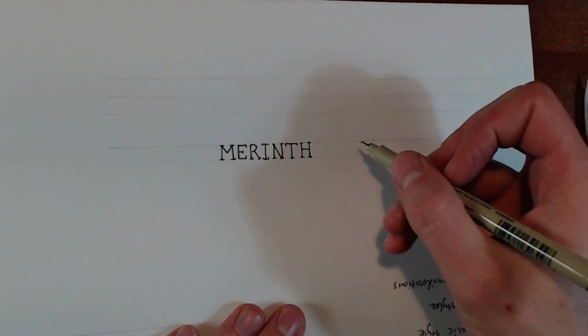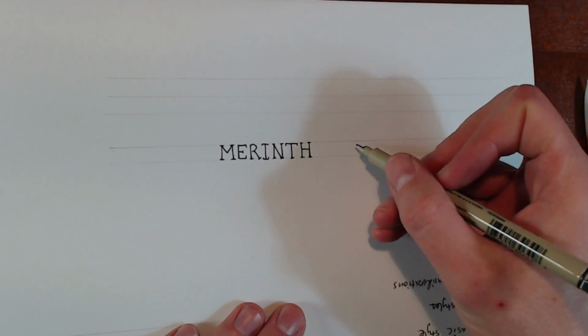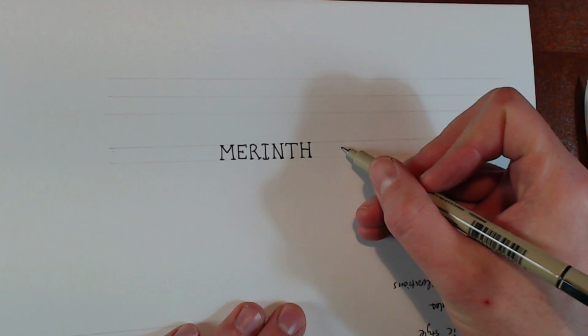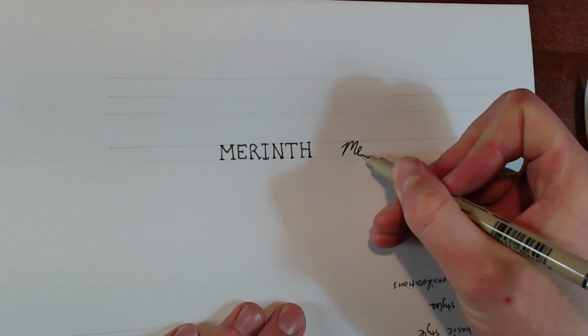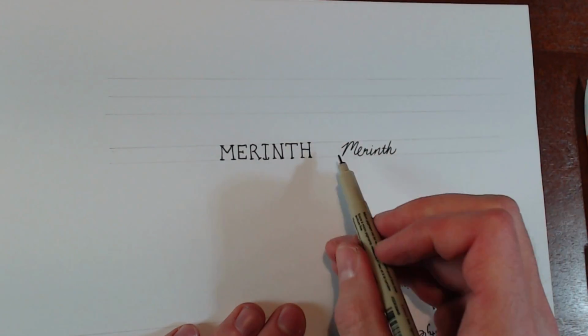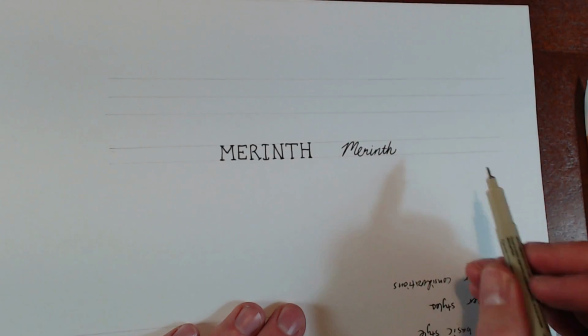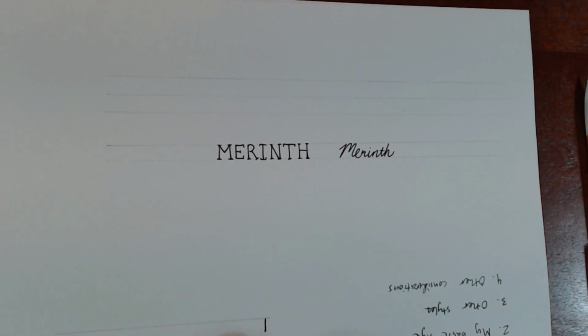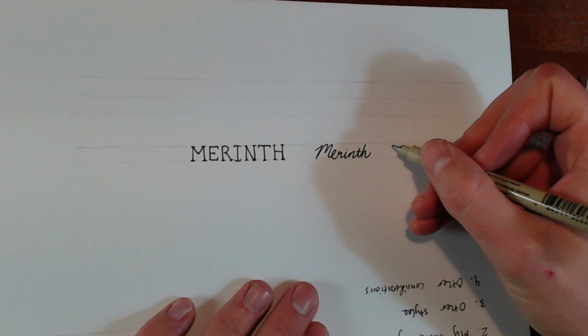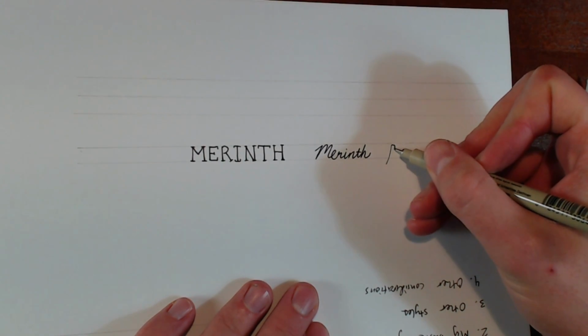I've thought about trying to do a map where I do all cursive, which could look good potentially. I'm not very good at cursive, but I'll try here. In that case, it probably would help me if I had the three guidelines, because I remember doing it that way when I was in elementary school. Anyway, or you can just do a flowy, messier looking text, where you're just kind of...